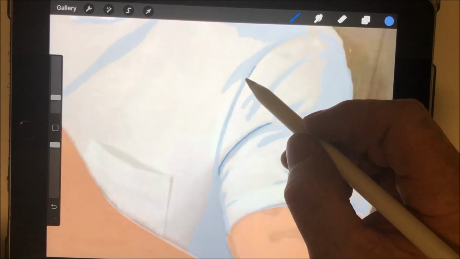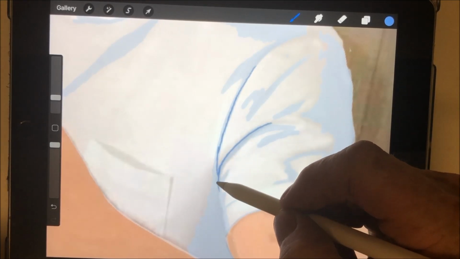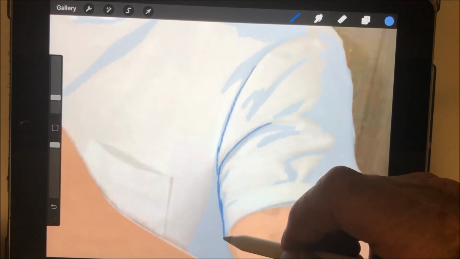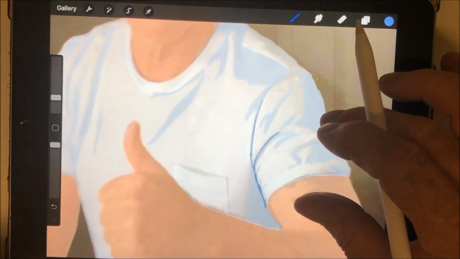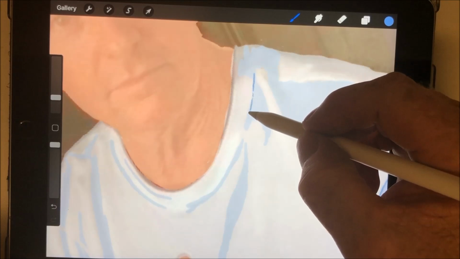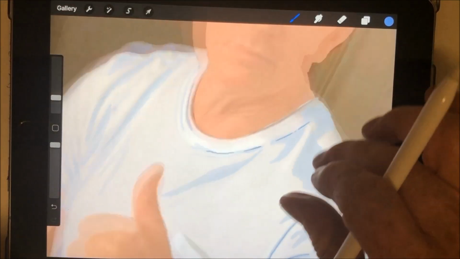This is just defining the real depth and creases within everything there. Okay, like that. Around the neck, it's the real deep